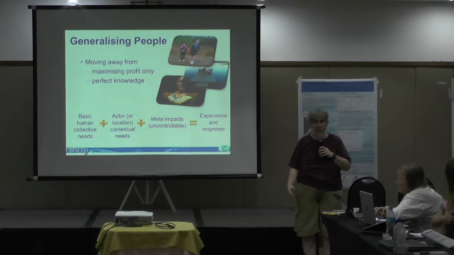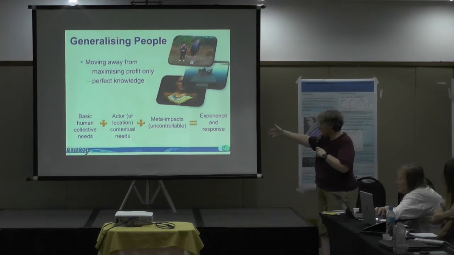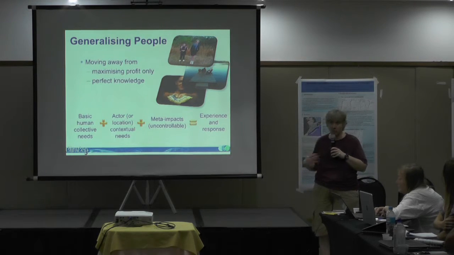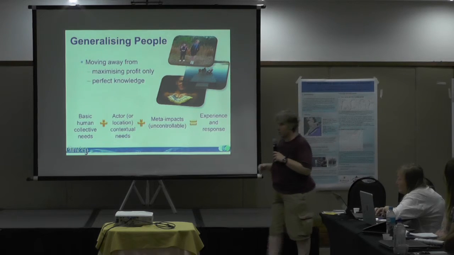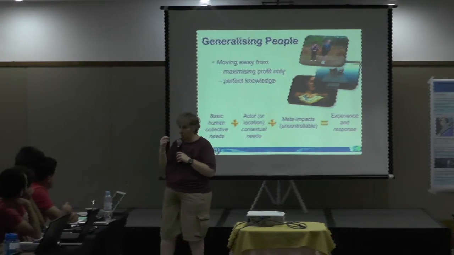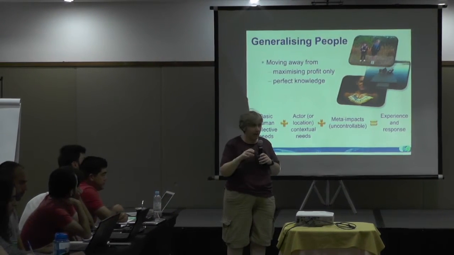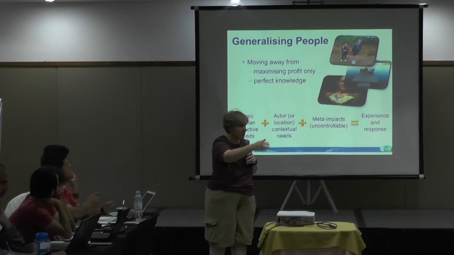So the same thing happens to us. On a day-to-day basis, I want to be secure and fed. I want to keep my family happy, but I can't do anything about a volcano going off in Indonesia. I have to respond to the way that changes my world, but there's nothing I can directly do about it. That combination of things builds up my experience and response. So if you take that view of the way that humans work, you can't get human weather. I can't predict what any one of you will do in any one exact minute. But we can do human climate. We can say this kind of person responds in this kind of way.